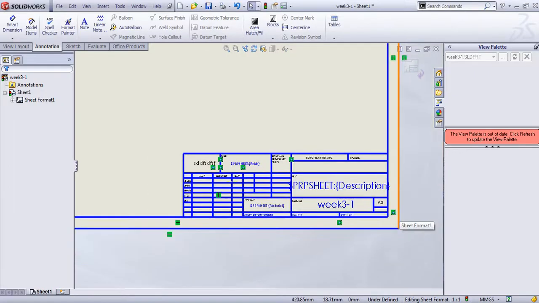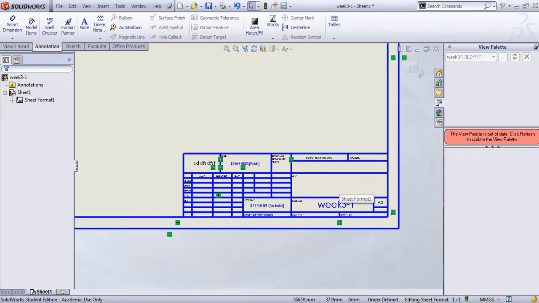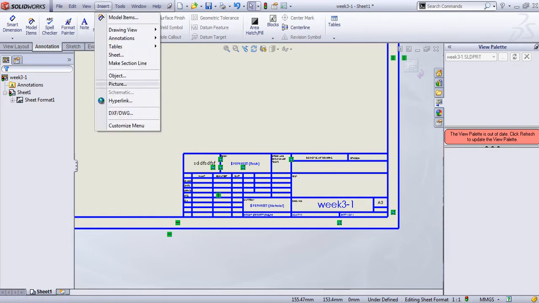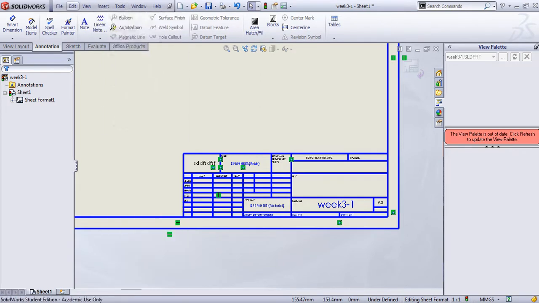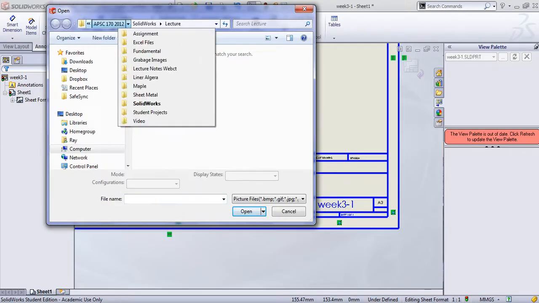You can also bring actually pictures or images here. Imagine you have a company and you want to make your company's logo. For doing that, what you do is go here, you go to insert, you go to picture. So you're in this sheet here, you go to insert, you go to picture. Let me go to some pictures I think I have somewhere. Go back here to my